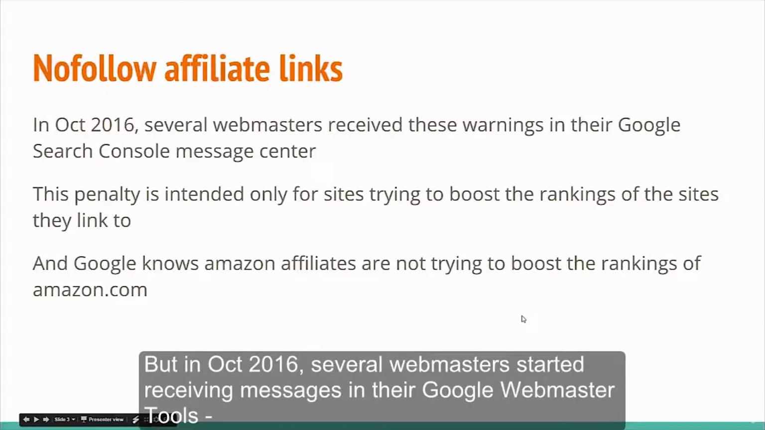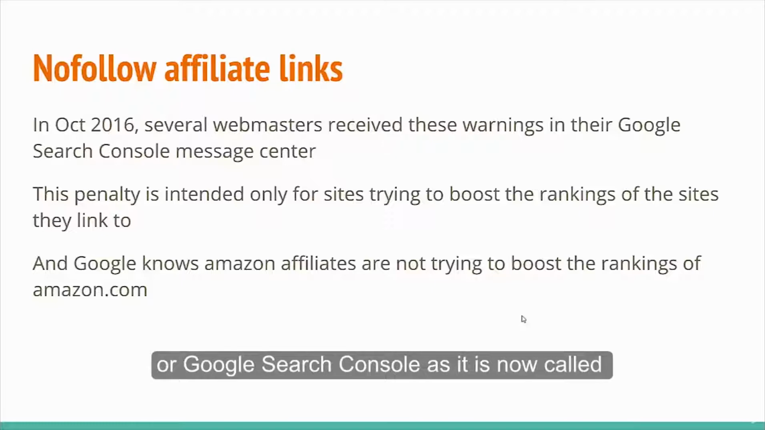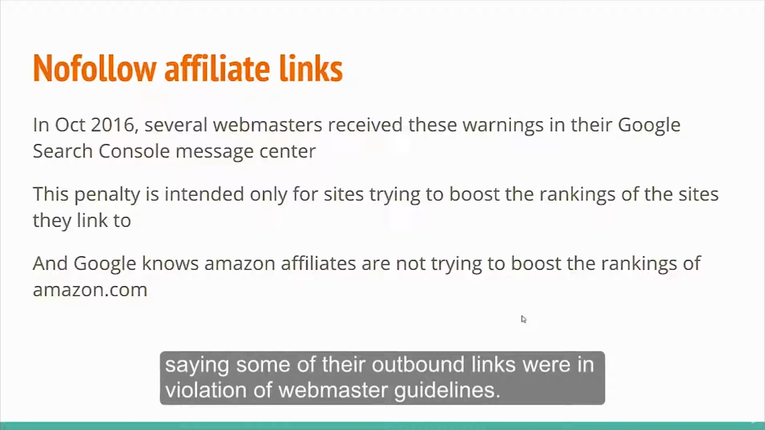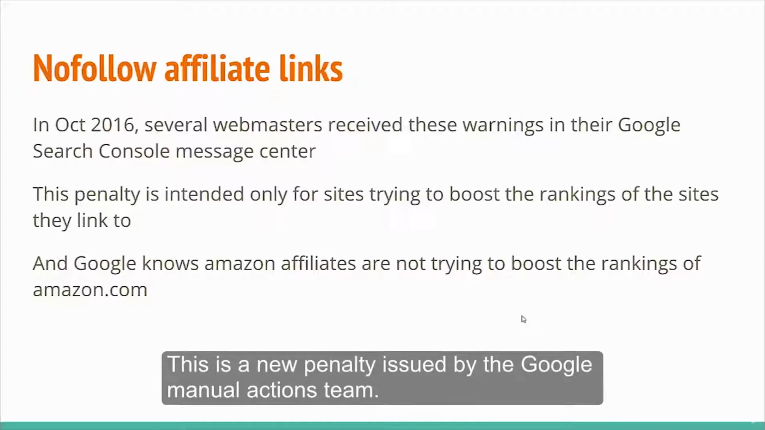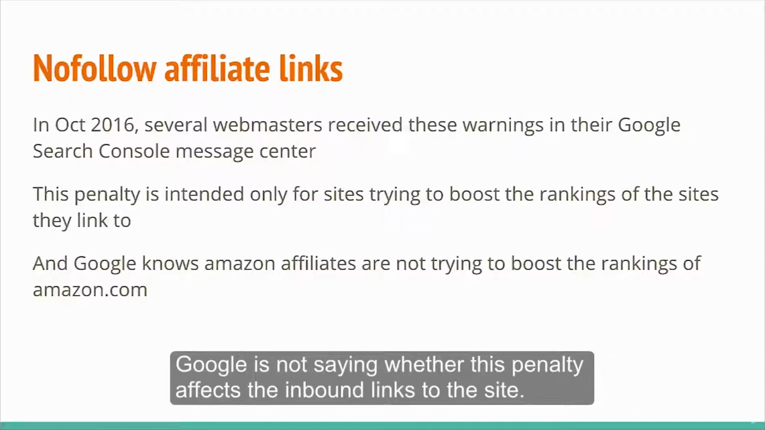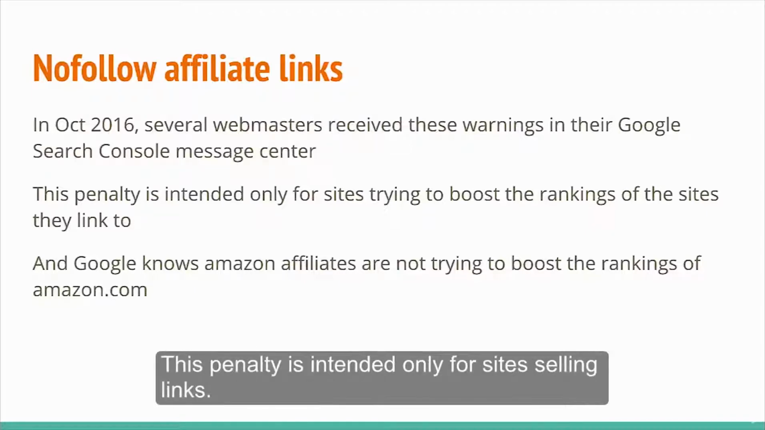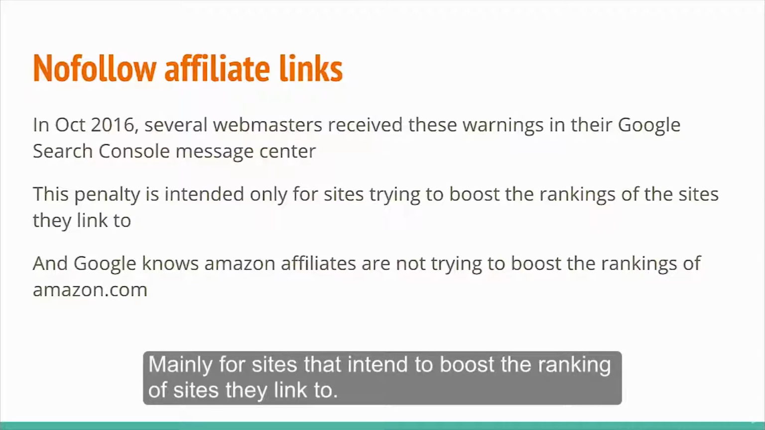But in October 2016, several webmasters started receiving messages in their Google Webmaster Tools, or Google Search Console as it is now called, saying some of their outbound links were in violation of Webmaster Guidelines. This is a new penalty issued by the Google Manual Actions team. Google is not saying whether this penalty affects the inbound links to the site. This penalty is intended only for sites selling links, mainly for sites that intend to boost the ranking of sites